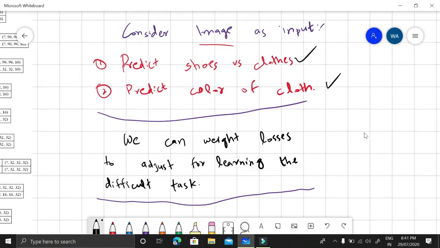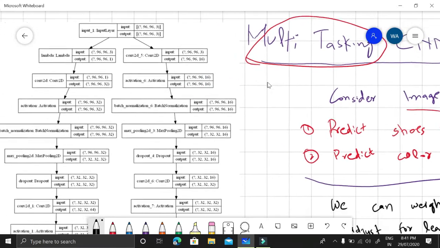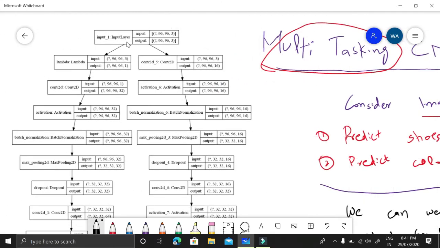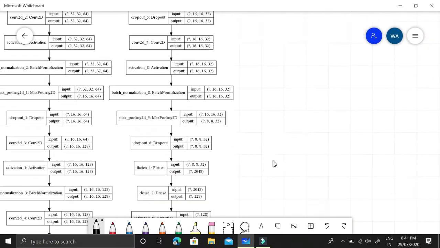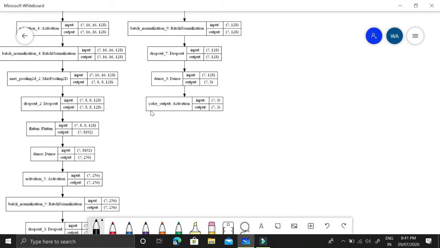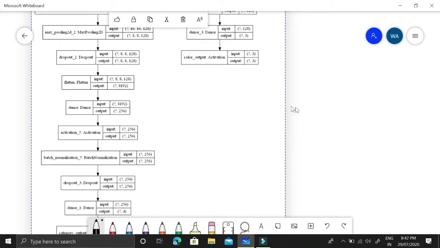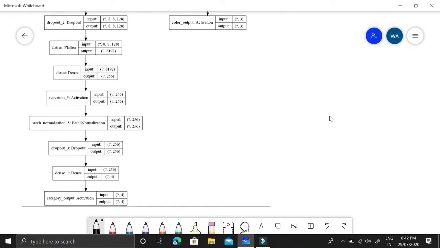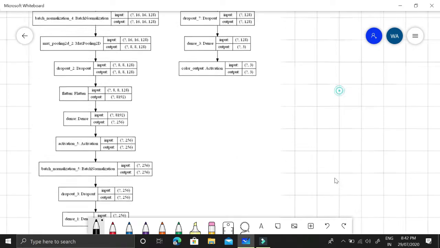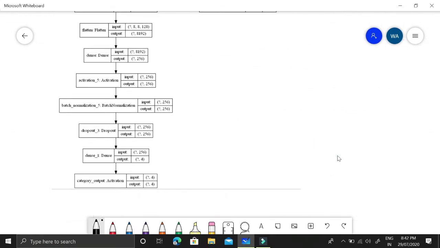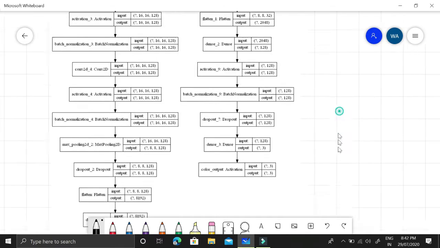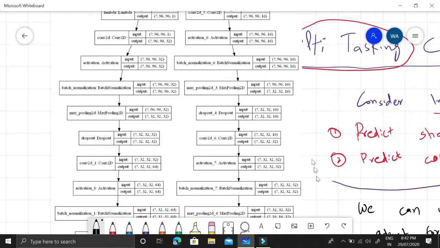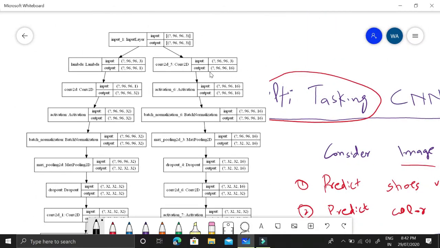So what we could do is create a network. We could design a convolutional neural network with an input layer and two different further sub-networks in this single network. This first one is for finding out the color, because color identification is really an easier task than label identification. So the depth of that network is lower. However, the depth of the other network, where we want to find the category of the output, is larger and deeper. So this is the network that we will be building in TensorFlow.